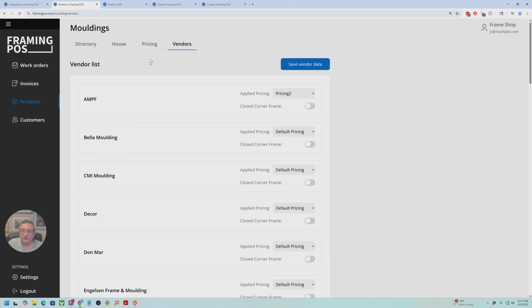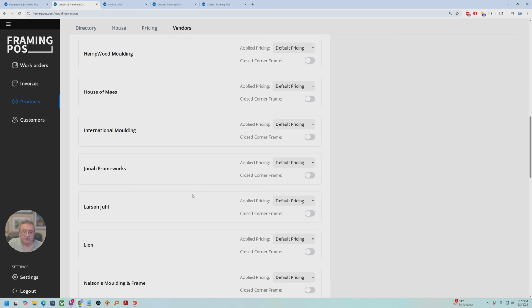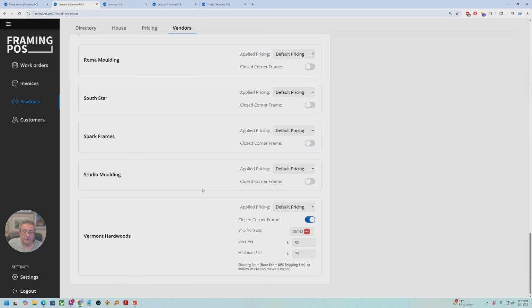Then you set up your pricing, then you go to vendor, and you tell it which pricing formula you created to use. We have something cool. It's called a close corner frame manufacturer. If I click on this, I have set this up for Vermont. I put in their zip code, their base fee, and their minimum fee. What this will do is take the measurement of the frame, that's the outside measurement of the frame,